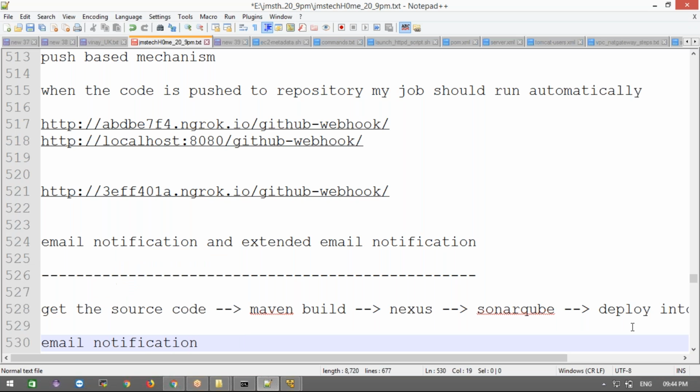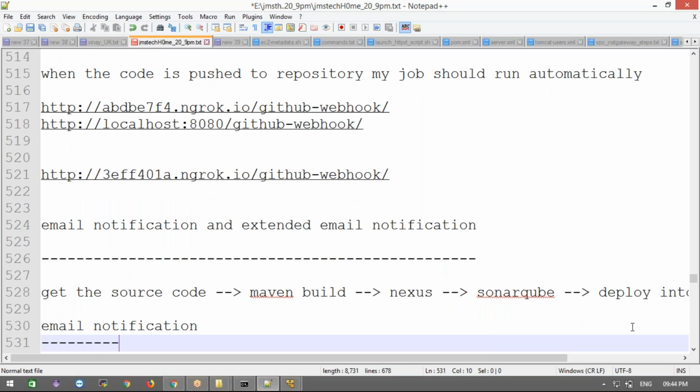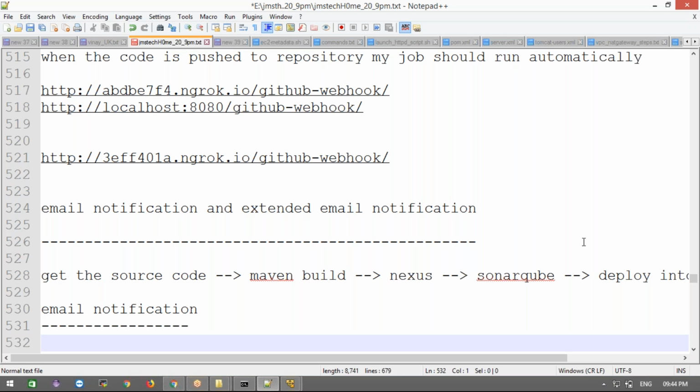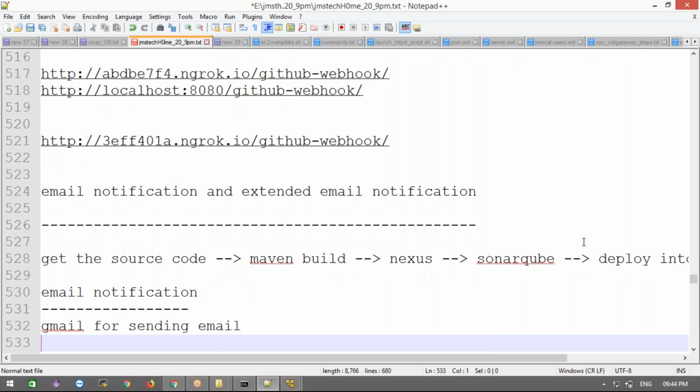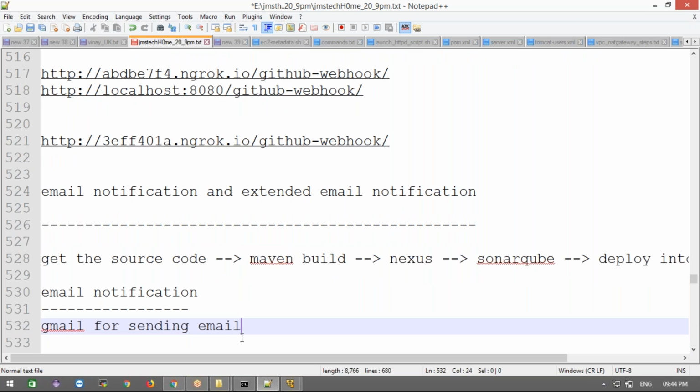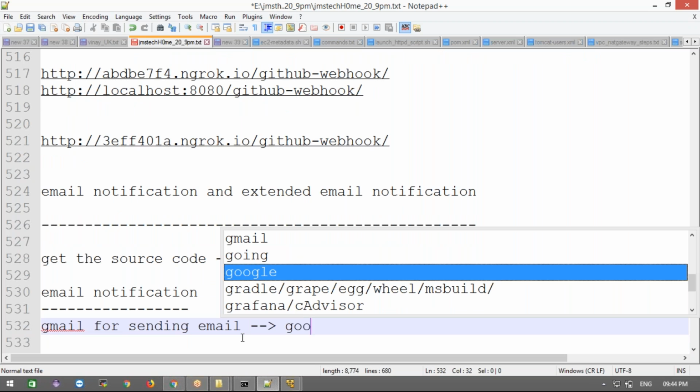Now, first we are going to use the email notification. If you want to use the email notification, we need to configure it first. We don't have any SMTP server here, right? So we are going to use Gmail for sending emails. In your organization, they have SMTP servers configured, and they send through that SMTP server. Now I'm going to use our Gmail. If you use Gmail, Google is heavily secure. Gmail is very secure.